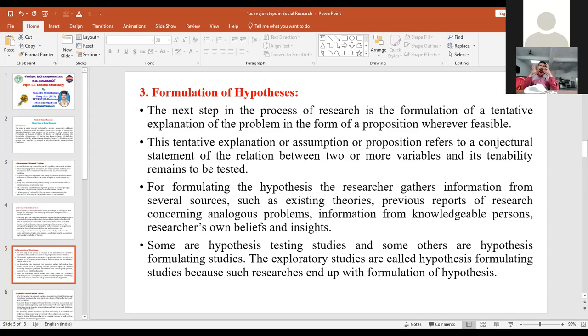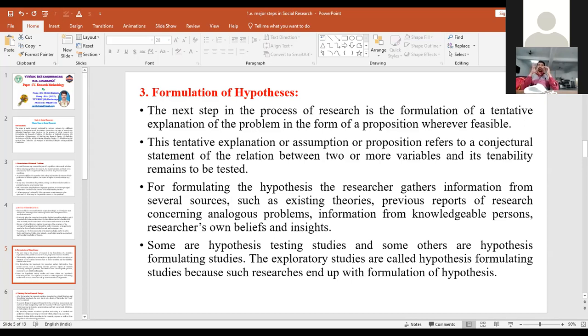So here we can get the hypothesis from these sources. So the hypothesis sources are the existing theories, previous reports, and research on analogous problems. So here the hypothesis is nothing but an imagination statement about that particular